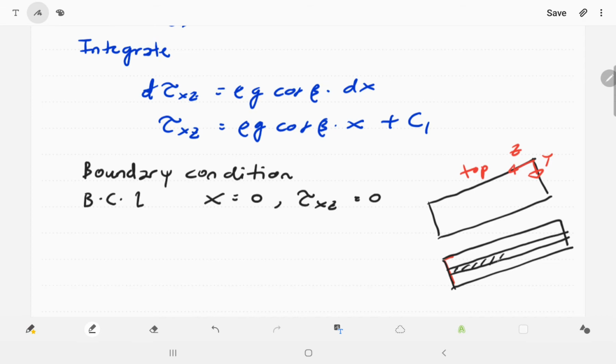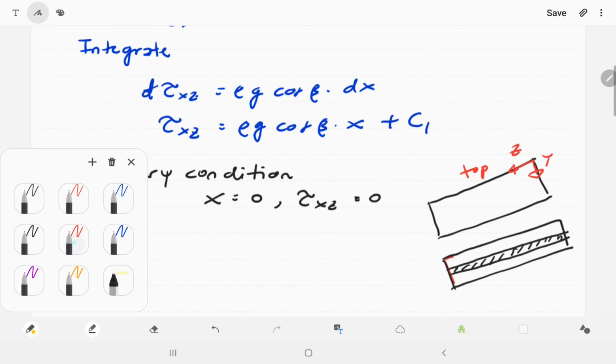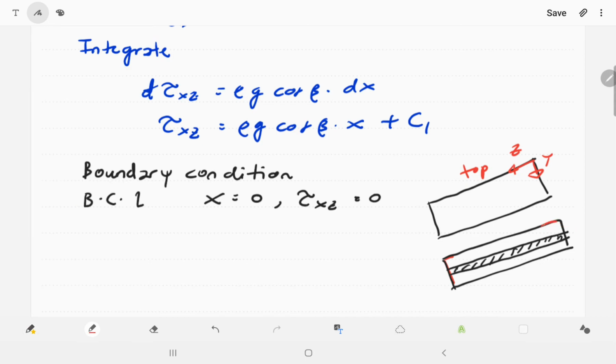Okay, you are basically taking a fluid shell on this side, where this one has a direction of z, and this one has a direction of x. This one makes an angle of beta with the vertical direction. At x equals 0, so basically at this point in here, this is at x equals 0.